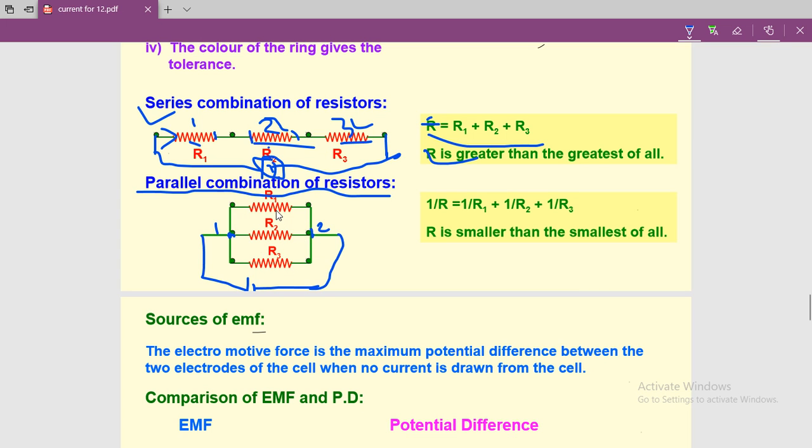Now let me tell you the characteristics of parallel combination. Student, the first important characteristic is that in parallel combination, potential difference across each resistor is same, whether they are equal or different. Let me repeat, potential difference across each resistor remains same, whether the resistors are equal or not. Student, I hope you remember, in series combination, current through each resistor remains same, whether they are equal or different.